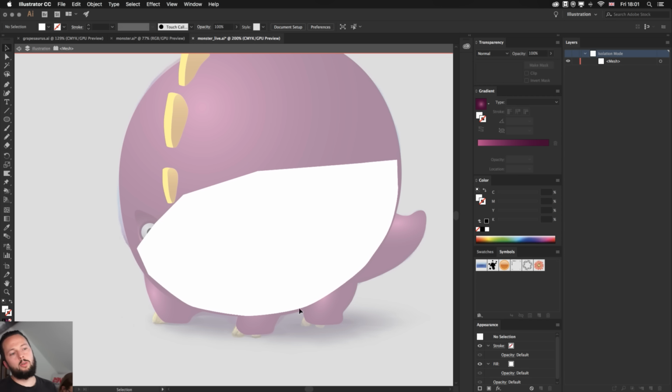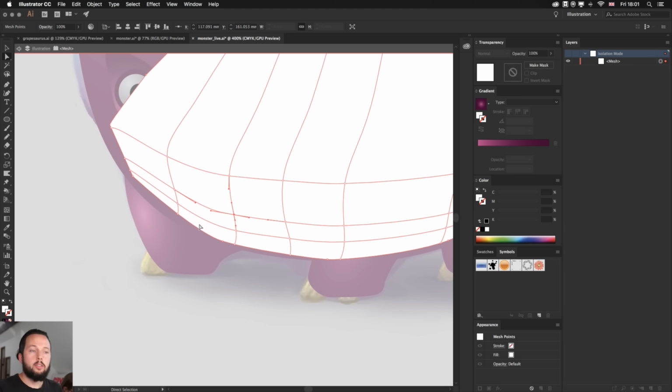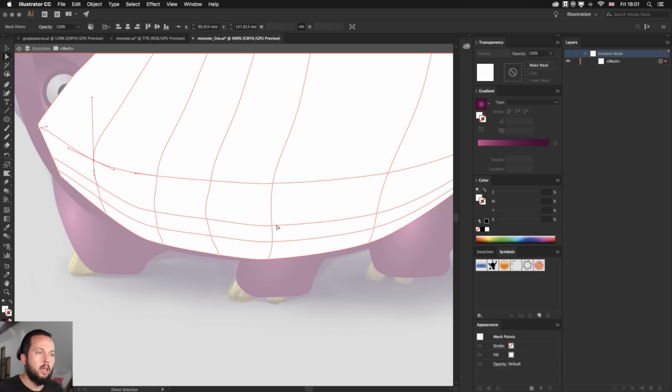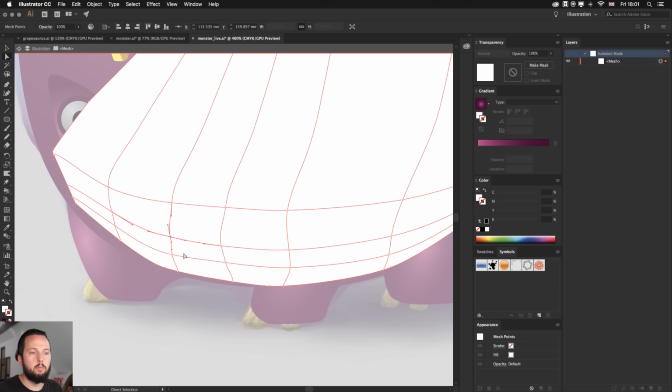Okay, so once you have your mesh ready, these individual anchor points created can be moved independently as well, so you don't have to rely on the way that the automatic shape creation works. You can actually move these around as you can see. So I can select multiple points as well, move them around and shape them and place them exactly where I want them to be. But the cool thing about the gradient mesh is that you can control these anchor points individually, so you can have different colors assigned to them, and then there will be a transition between them all.